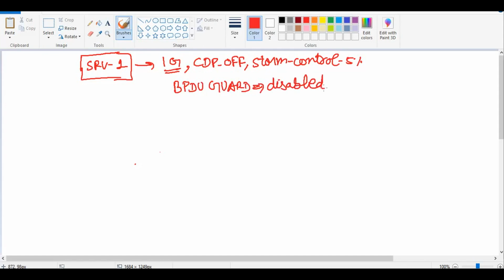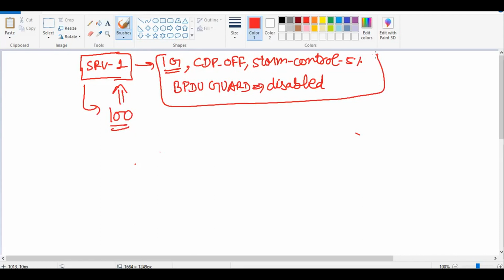So we discussed in our previous sections that the benefit of ACI is that, in the long run, the objects that we create in ACI, we can reuse them, right? Let's say if we talk about legacy, we have 100 servers of the same kind. Then all these parameters, the speed, the CDP policy, the storm control, or the BPDU guard policy, we need to configure under 100 interfaces, right?